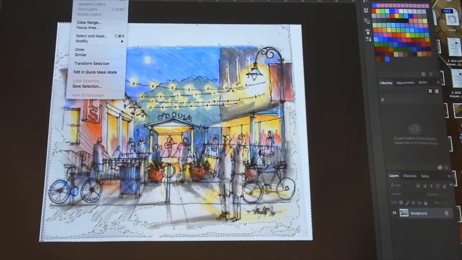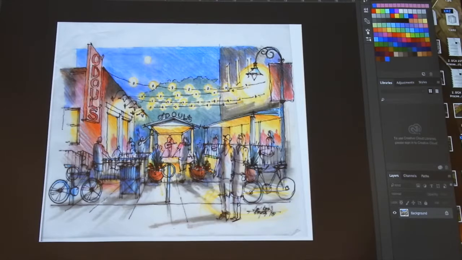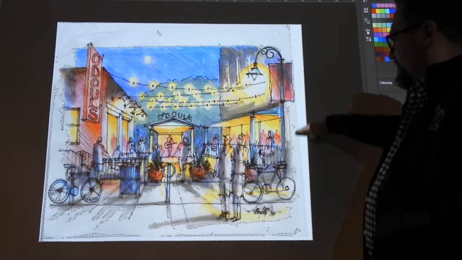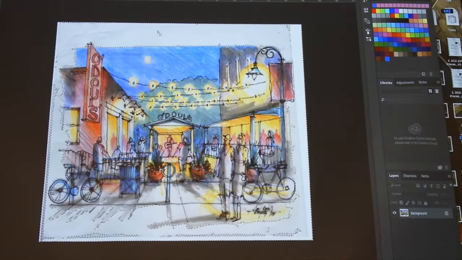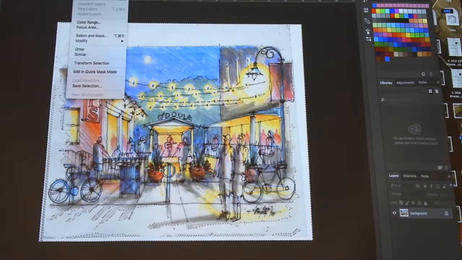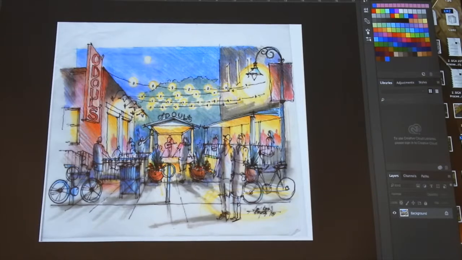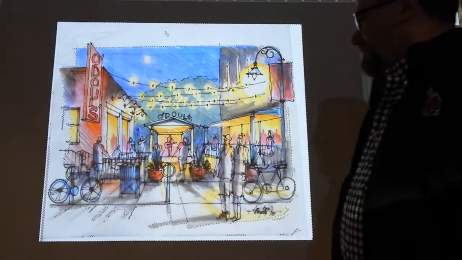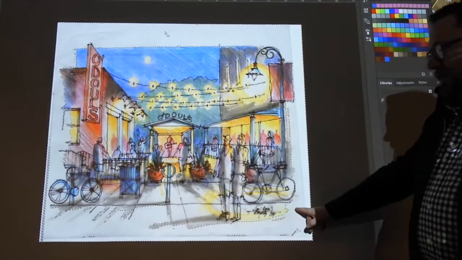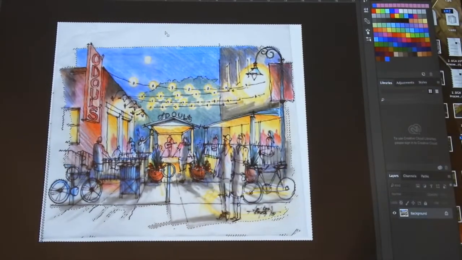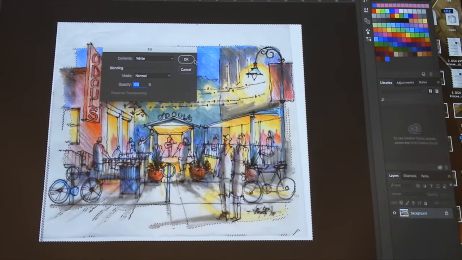But if I deselect and I change the tolerance of the Magic Wand to 30, we will see that it has a slightly different behavior to it. And it is indeed starting to select just all of these areas of gray. And if you change the tolerance once again up to 40, for example, it's going to basically start to select the full edge of your drawing, but it might start to impact some of your grays or any sort of the spill out that you have here. So this is the first method, and by simply using the Magic Wand tool and then hitting the delete key,